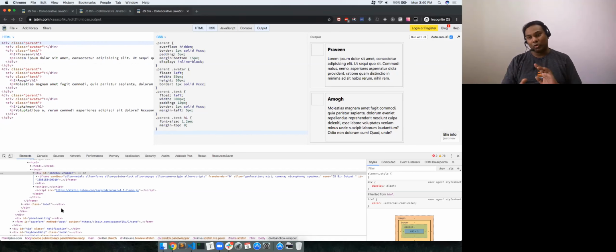So that's about float. We saw what floats are, how floats work, how to clear floats, then what is the best use case of floats, and what are all the problems that will come when we use overflow hidden or when we use another div to clear the floating elements. So those kind of things we saw today. And we also brushed up what we were doing last time with the display block, inline block, inline, where by default it is inline, etc. And finally, we will also go through the next session, which is going to be more about